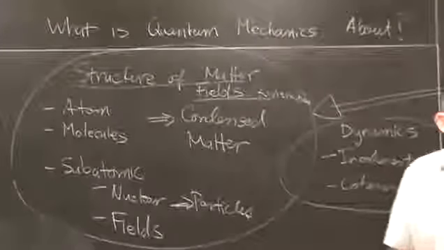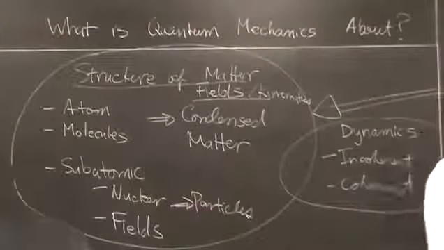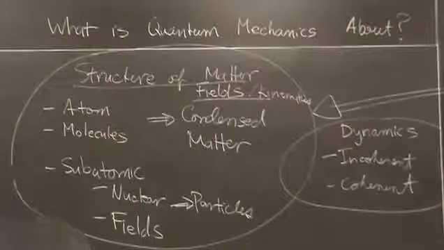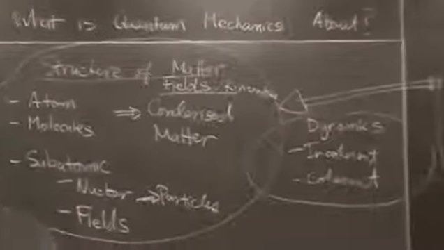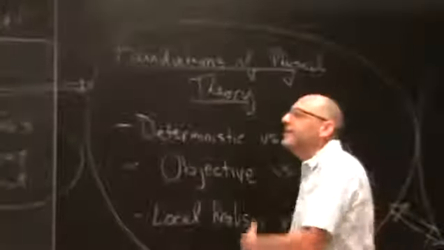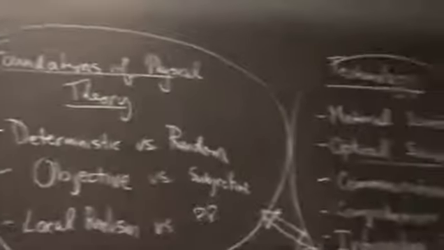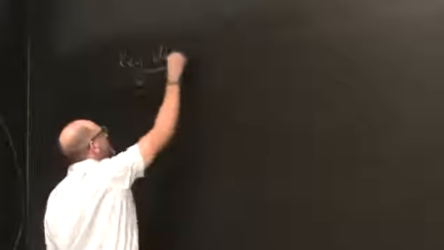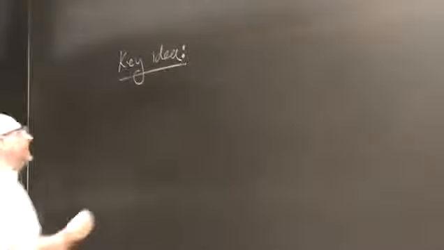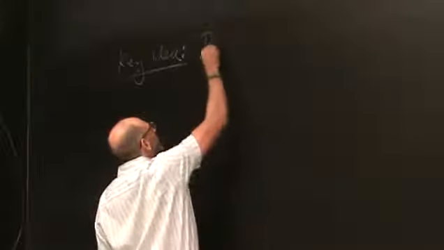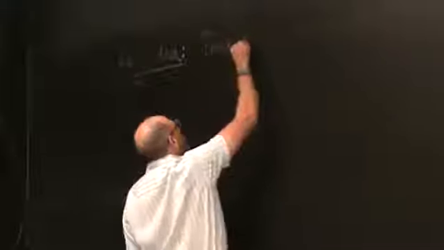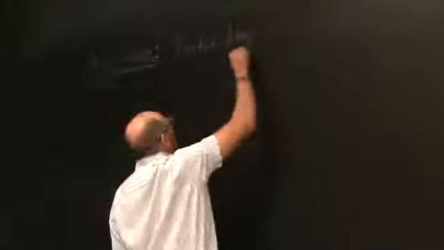And so let's get into it. Why is this a subject that is challenging? Well, obviously we have these crazy questions that underlie it, and we're getting to make sense of that. So what's the key idea? Well, I would say the most important idea that we want to understand at the most basic level is the notion of the probability amplitude.